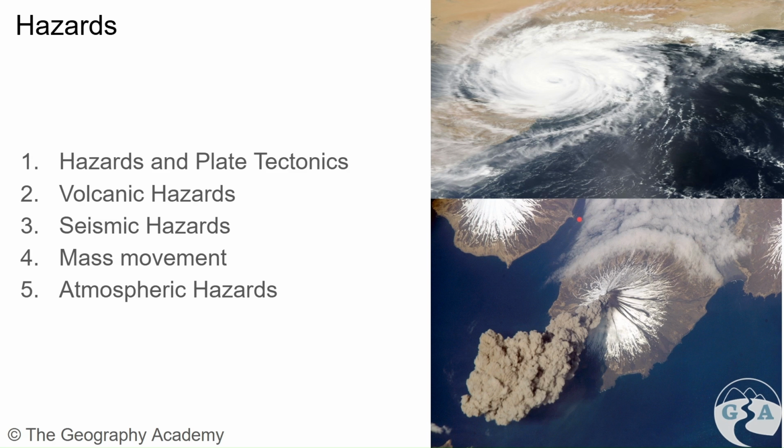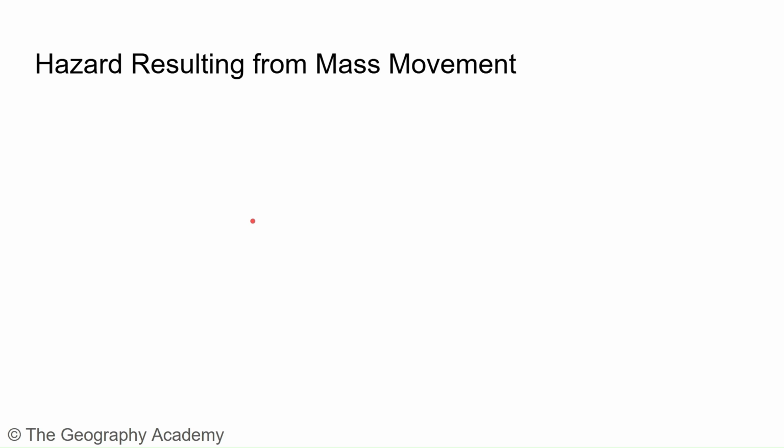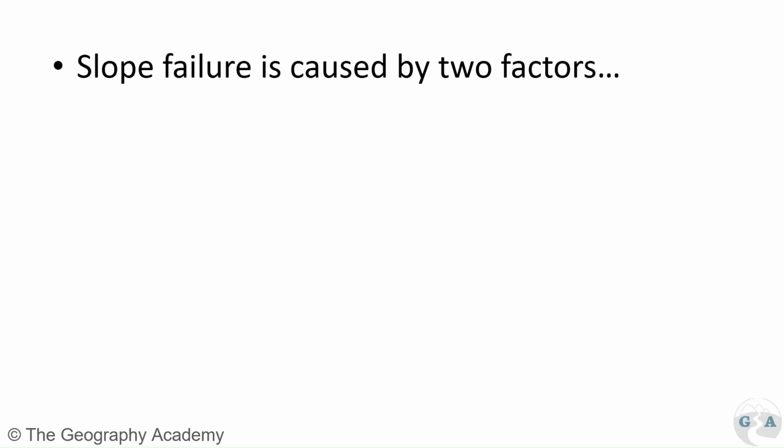Section 4 of this unit is going to be mass movement. Earlier on, I did have it down as there only being 4 sections, but there is in fact 5. I forgot to mention mass movement. So mass movement then is a big part of it from AS, going back to rocks and weathering. It's recapping quite a lot of that with a little bit extra in terms of how to deal with